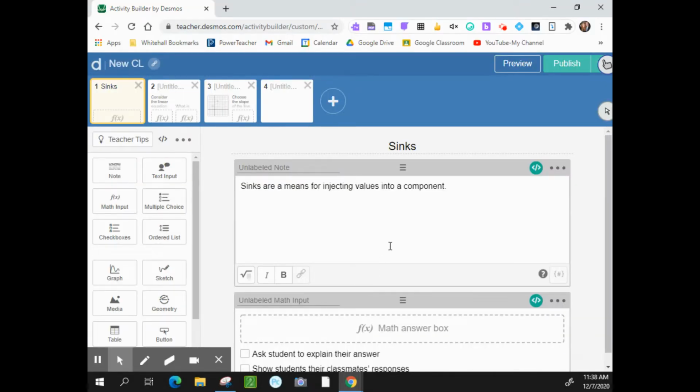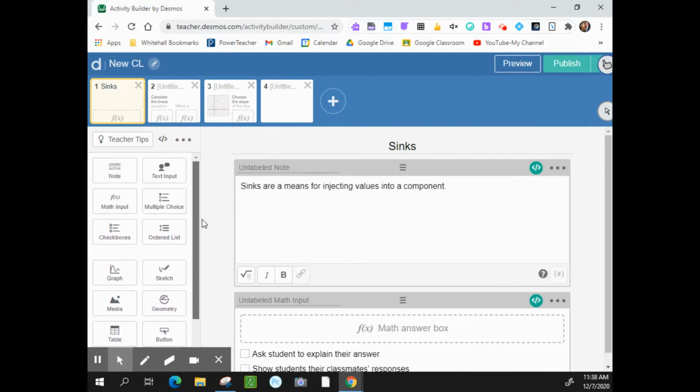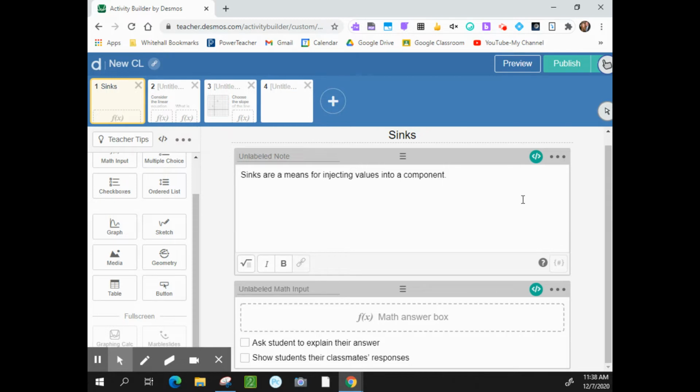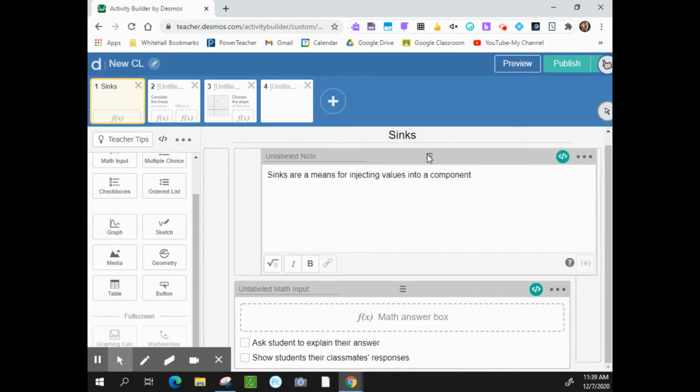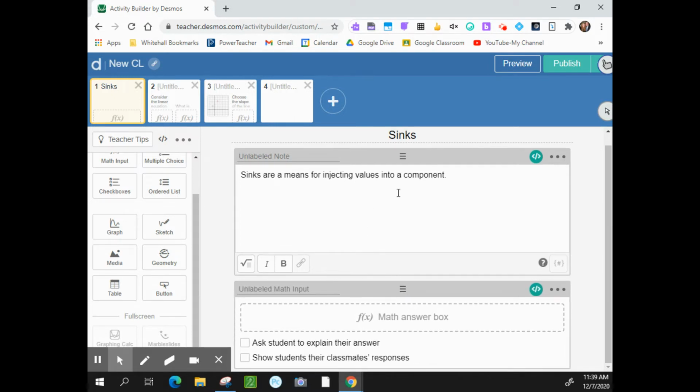So let's start out with some terminology. First of all, components. You're looking at a slide in Desmos Activity Builder in the edit mode, and on the left-hand side are what we call components. There's a note component, text input component, etc., etc. Each of these items have some specific feature when on a slide. Now, for this particular slide you're looking at, there's a note component, and below the note component is a math